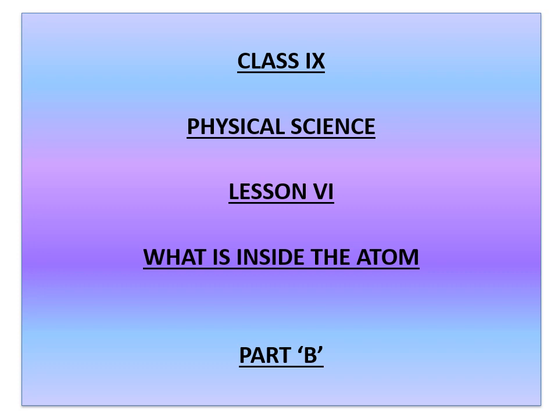So, children, we are dealing with the lesson "What is inside the atom." Till now, in the first part, we have learned what subatomic particles are, like electrons, protons, and neutrons. Along with that, we have studied the differences between electron, proton, and neutron properties. Not only that, we have started the atomic models. The first atomic model we have completed was given by Thomson. So today we are going to do the next atomic models